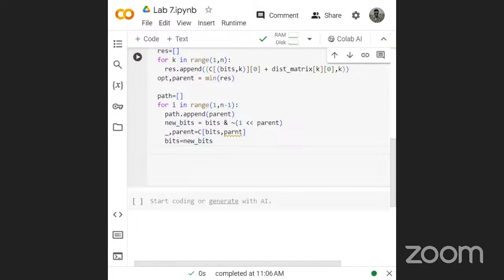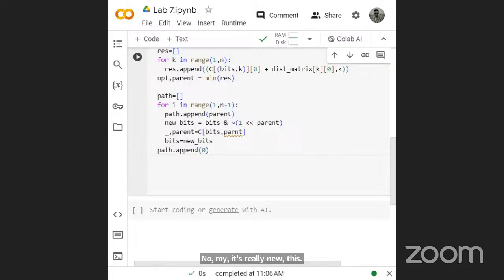This is also in the function, right? Now my bits will be new bits and I'll simply append this path. Then after that,